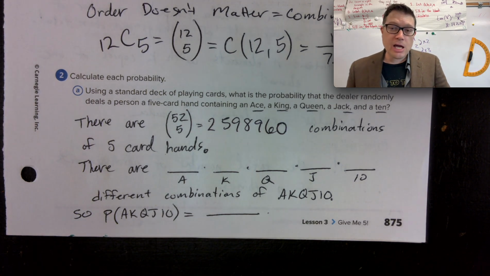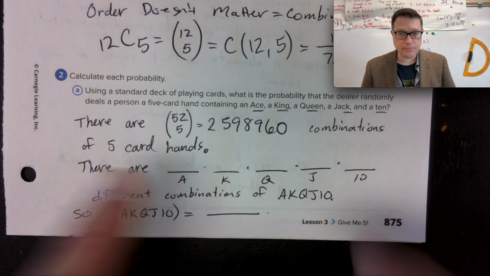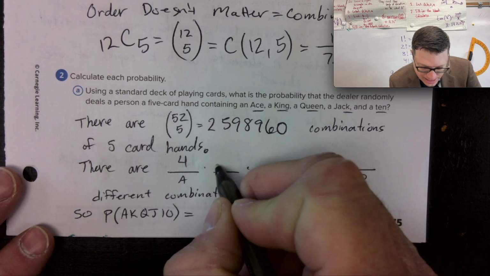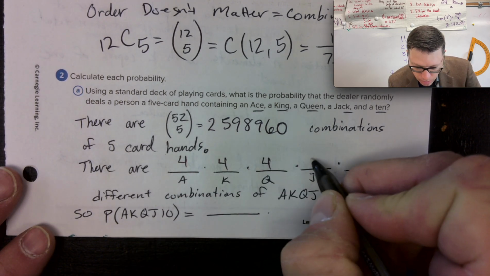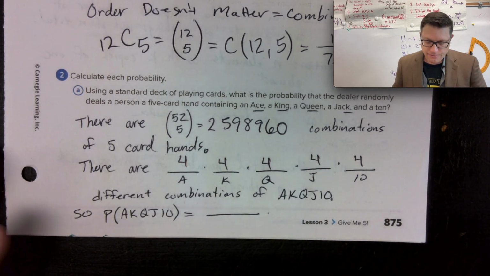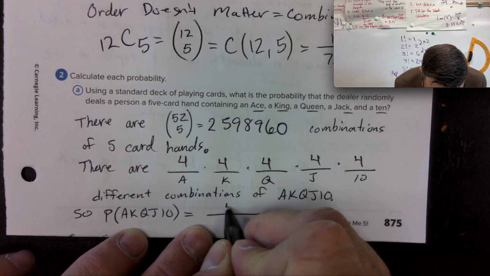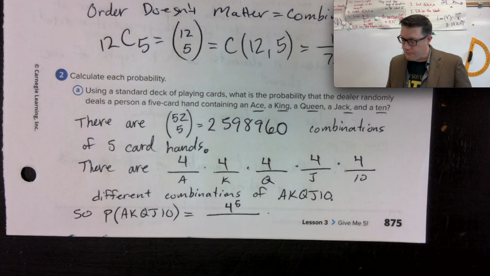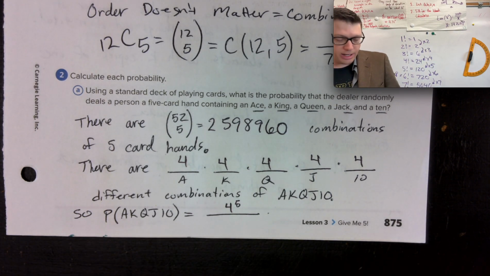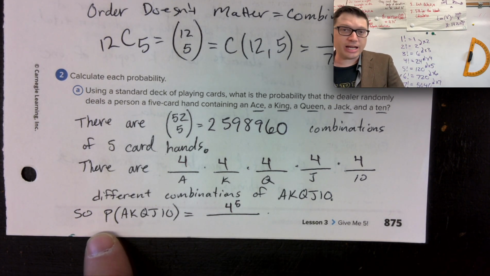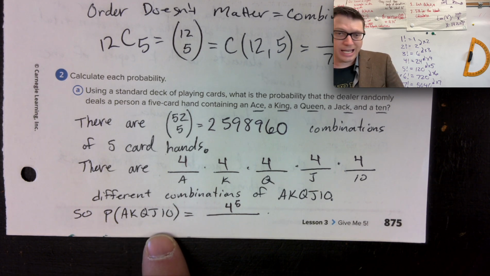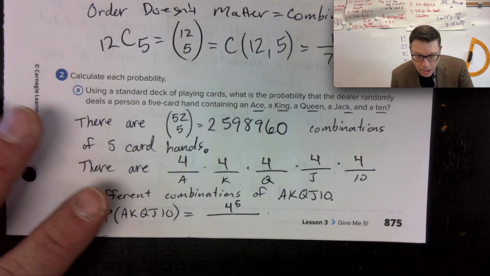But in that deck of cards, thank you to the counting principle, there are 4 aces, 4 kings, 4 queens, 4 jacks, and 4 tens, which is 4 to the power of 5. So 4 to the 5th is our number for the top of the probability fraction. That 4 to the 5th power will be divided by